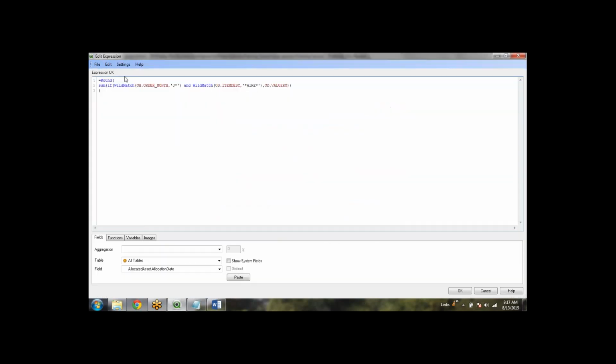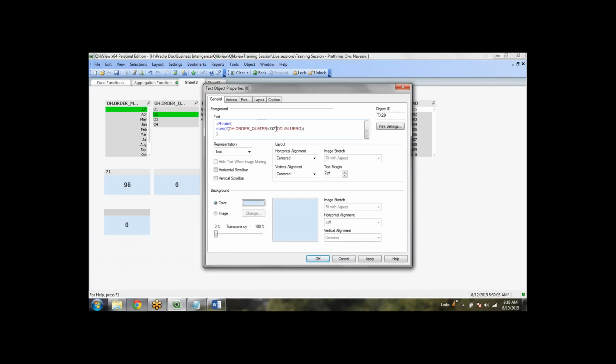First of all, the quarter should be, I'll just remove the if condition, I'll write where od.quarter equal to Q2, and od.order month equal to June, and